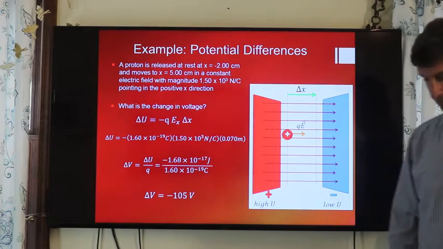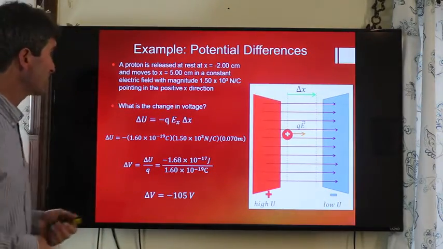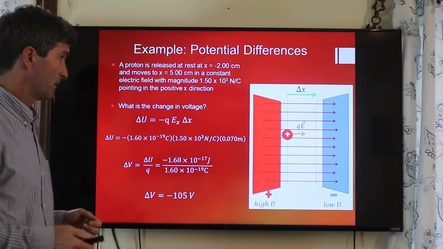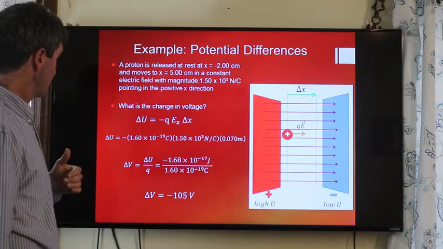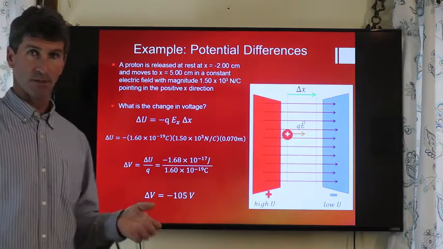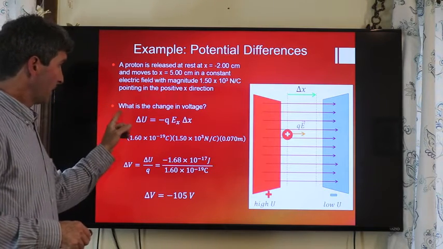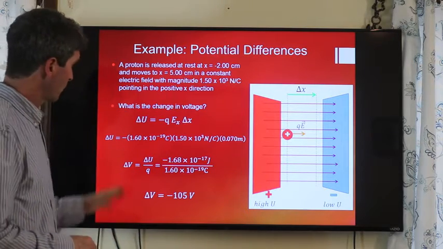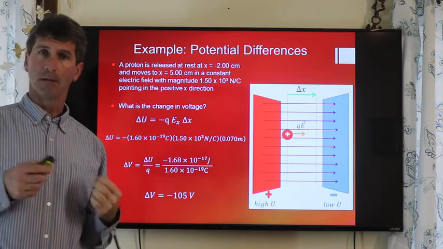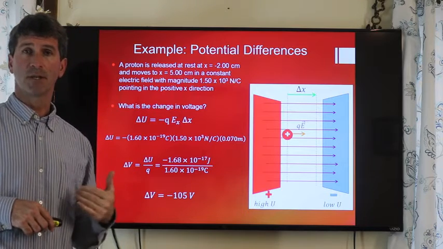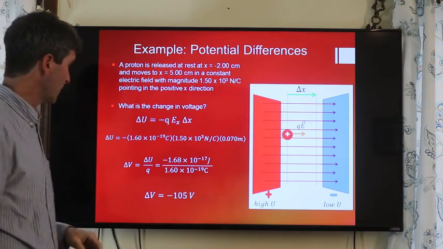Let's do a calculation right here. We have a proton. It's released at rest, just like we had in the previous example, at -2 centimeters, and it moves to 5 centimeters. This is an earlier problem that we did in the previous case. We want to calculate what the change in voltage is. We've already calculated the change in potential energy. Once again, electric potential is the amount of energy we get per unit charge. So if we know our change in potential energy, calculate